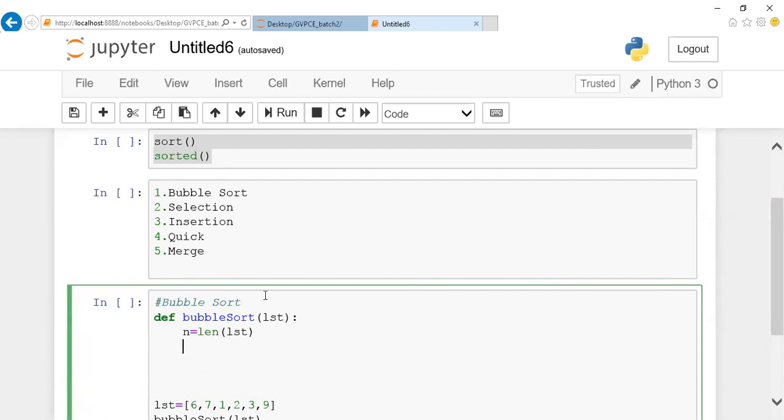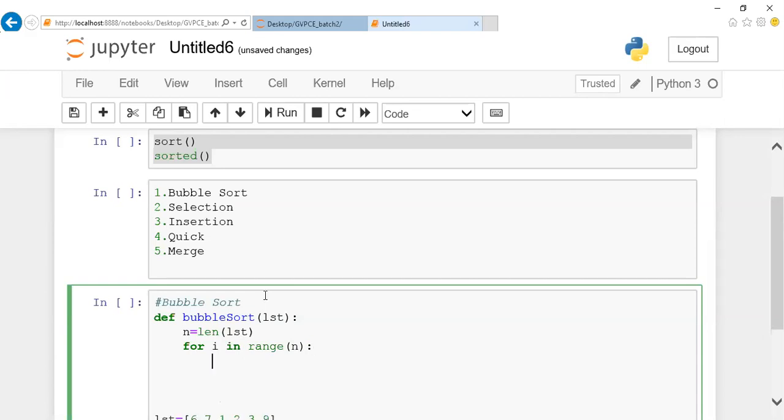How many passes are you going to perform? n minus 1. So I can write for i in range here. Here you're supposed to mention how many passes you're going to perform. If I mention n, by default it will go to n minus 1 value, right? So let me mention n as my value here.